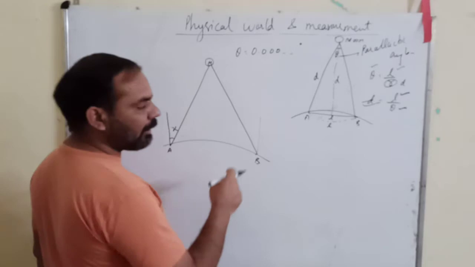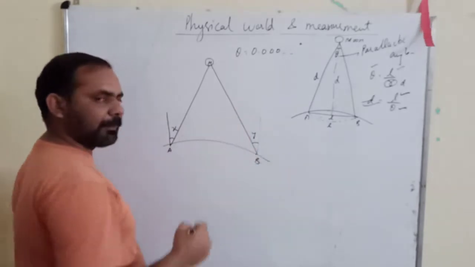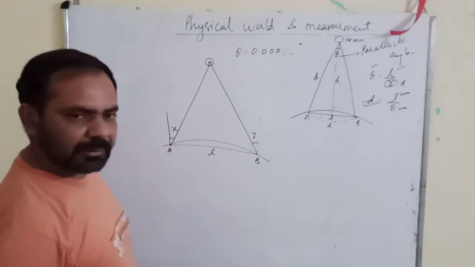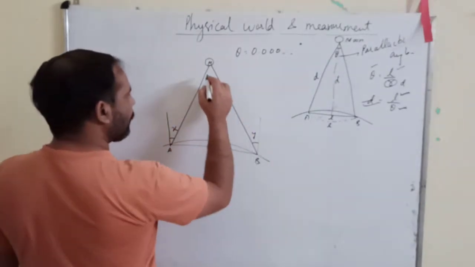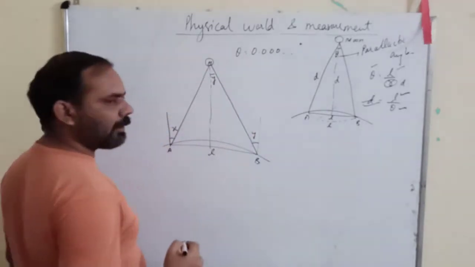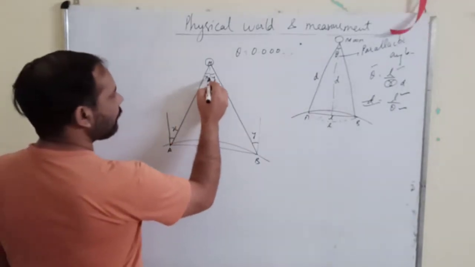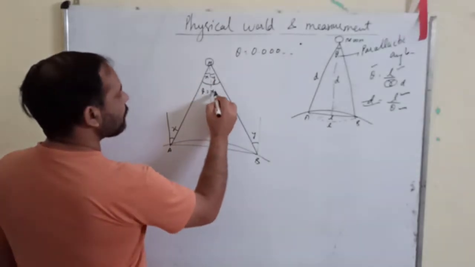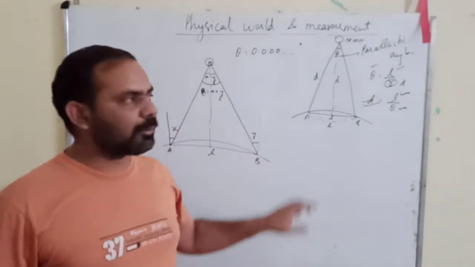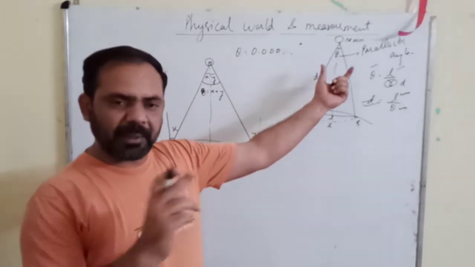Now you go to the point B and look at the moon, and again find the angle made by the clinometer with the vertical. Now you can measure this distance L, because they are the 2 points on the earth itself. Now if this angle is y, suppose I draw a perpendicular from here. If this angle is y, how much will be this angle? Y, because of alternate angles, right? And if this angle is x, this is also x. So how much is theta? Theta equals x plus y. It means that for measurement of theta, you are not required to go on the moon. From the earth itself, you can measure that angle. Which angle? The parallax angle, right?